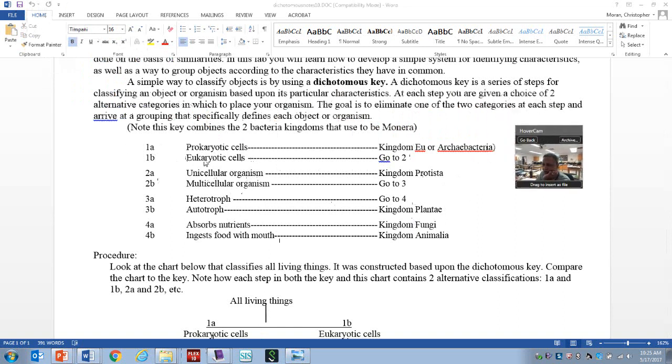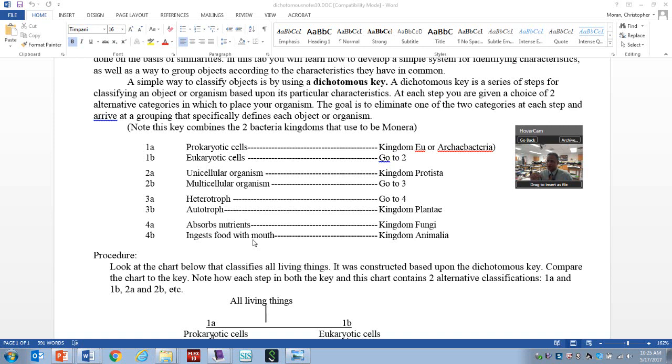If you follow this key, we know that it's eukaryotic. We know it's multicellular, that gets rid of protists. We know it's not an autotroph, so it's not a plant, it's a heterotroph. And that's what you learned in 7th grade. You've got to be able to go beyond that. Now let's dig deeper. What separates the two heterotrophic ones? Well, animals ingest food into the mouth, and that's going to be huge in regards to the diversity within the animal kingdom.